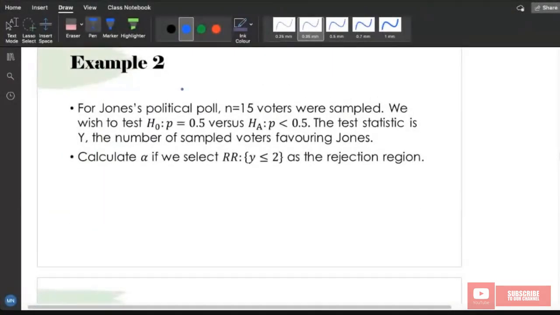For Jones's political poll, n equal to 15 voters are sampled. We wish to test the null hypothesis p equal to 0.5 and the alternative hypothesis p less than 0.5. The test statistic is y, the number of sample voters favoring Jones. So we need to calculate alpha if we select the rejection region y less than or equal to 2. Rejection region, so if you still remember,